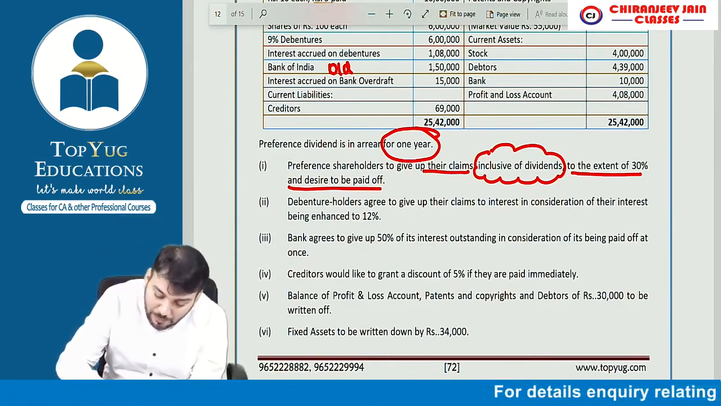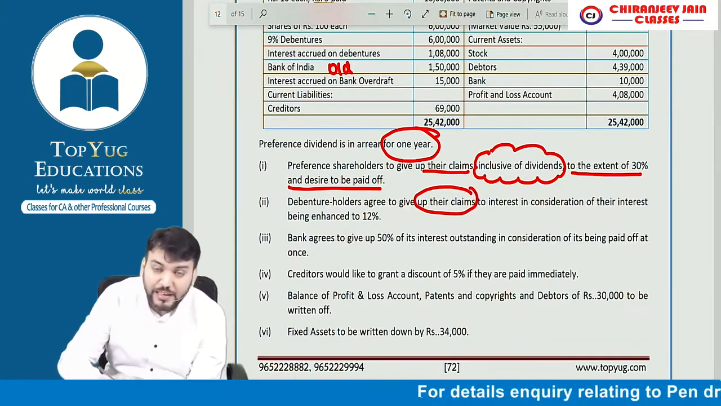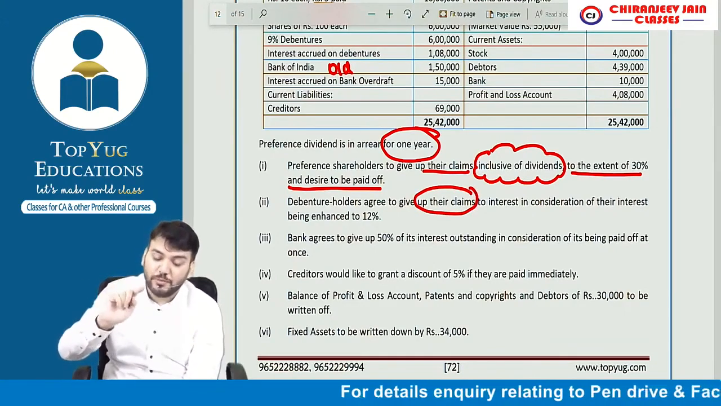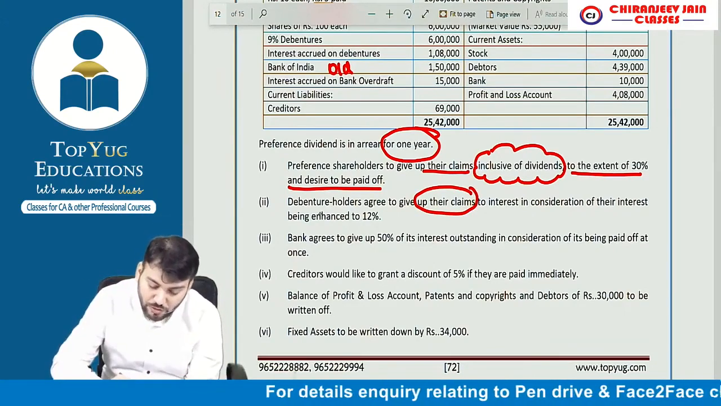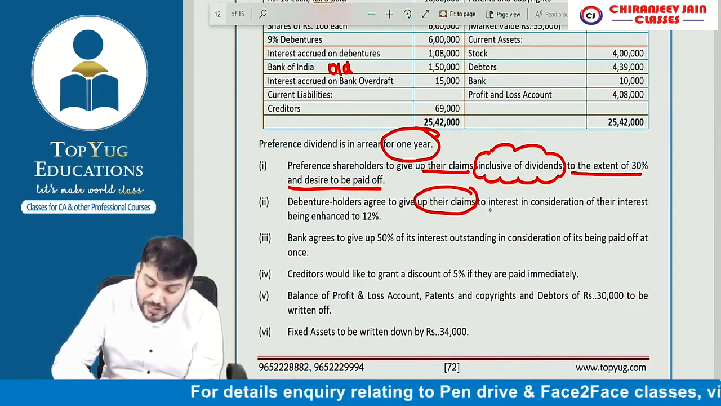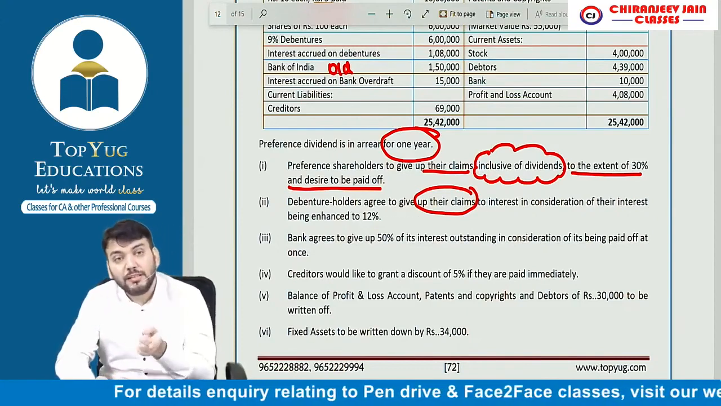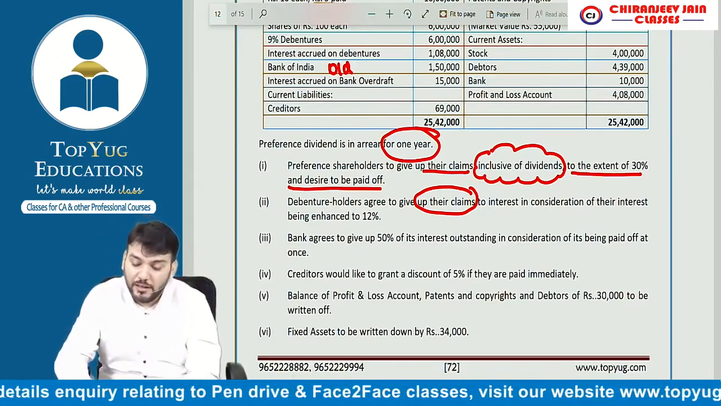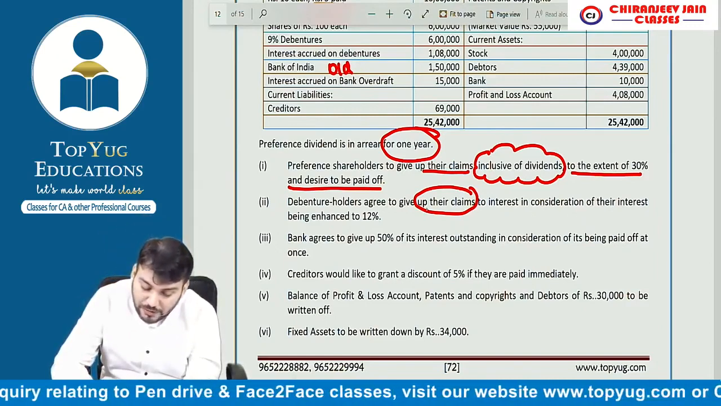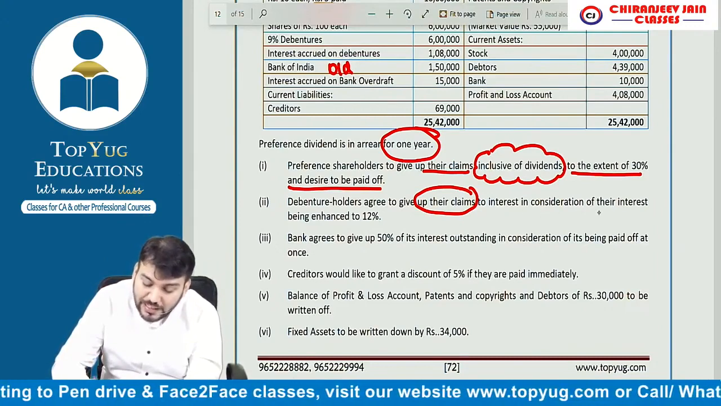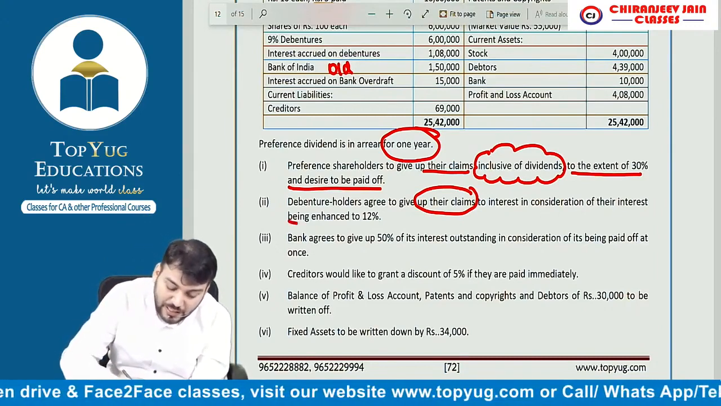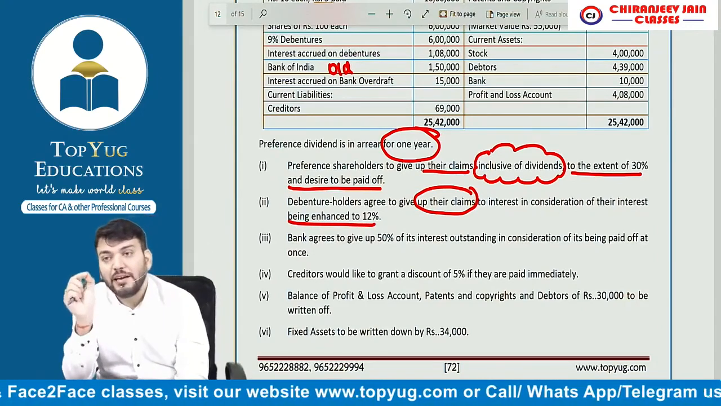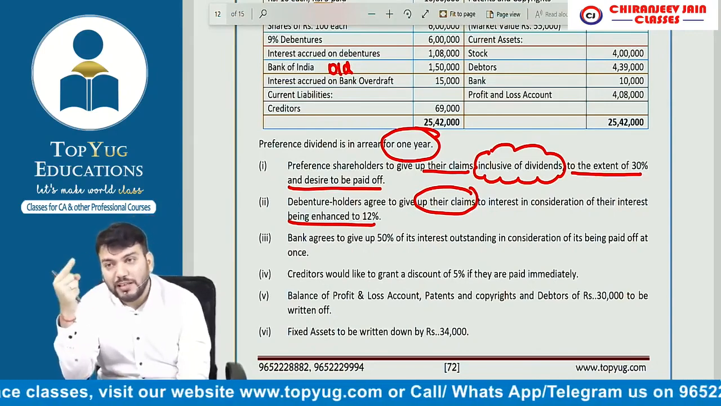डिवेंचर होल्डर्स एग्री टू गिव अप देयर क्लेम टू इंटरेस्ट। बोला गिव अप देयर क्लेम टू इंटरेस्ट मींस इंटरेस्ट का क्लेम छोड़ना चाहता है, करेक्ट। To give up their claim to interest in consideration of their interest being enhanced by 12%। बोला आज मैं इंटरेस्ट का क्लेम छोड़ दूंगा इफ यू इनहांस द इंटरेस्ट रेट फॉर फ्यूचर।